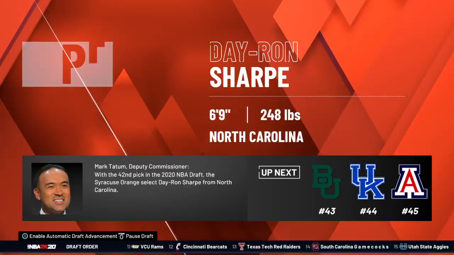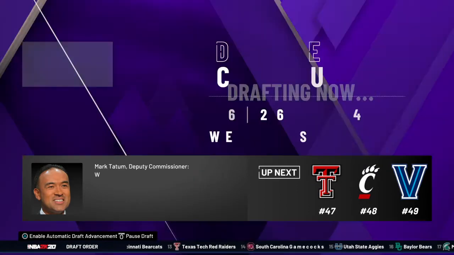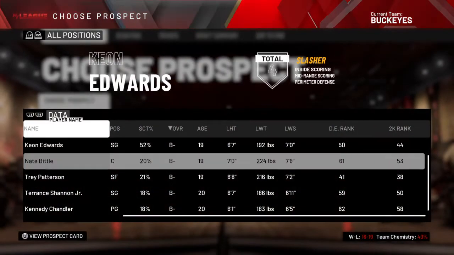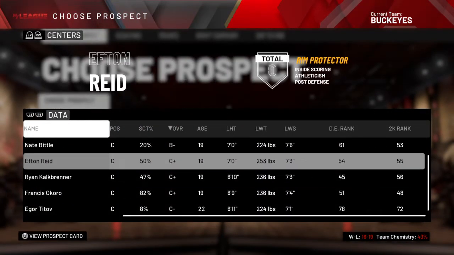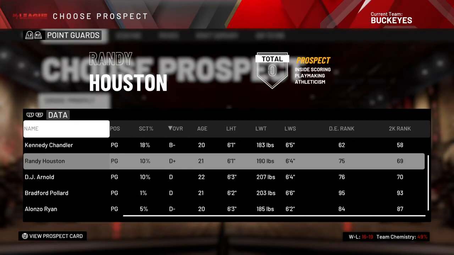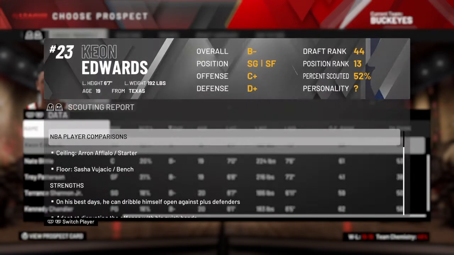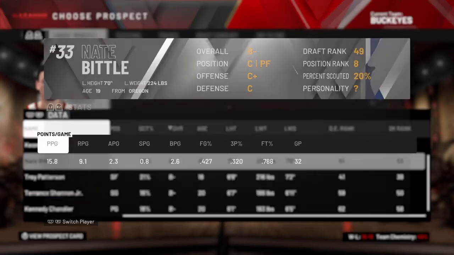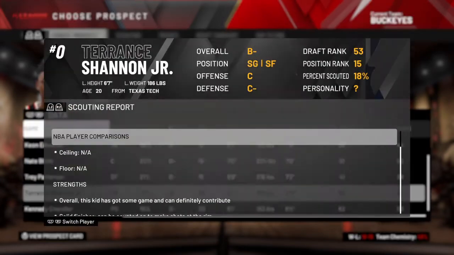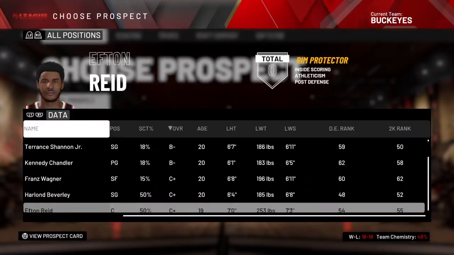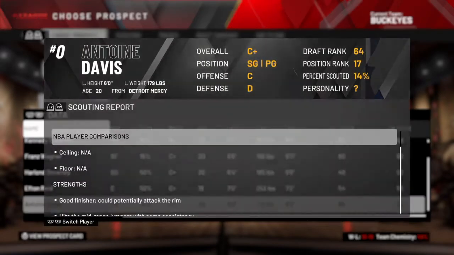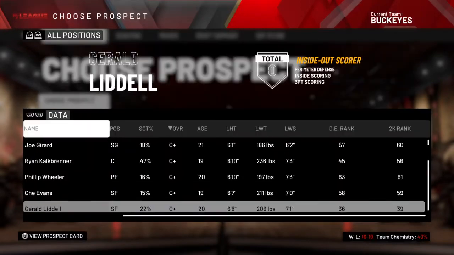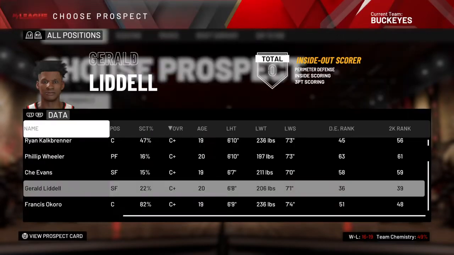Okay, are we coming up soon? There we go. There we are. Now we're picking. Yeah, I think Musa Diambate got taken. Yeah, he did. Okay, that's not that bad. All prospects. Aaron Aflalo is his ceiling. I just like looking at the ceilings, really. He doesn't have one. Not many of these guys are going to have one. What's his? Seth Curry? I thought it said Steph Curry for a second. Tiago Splitter.